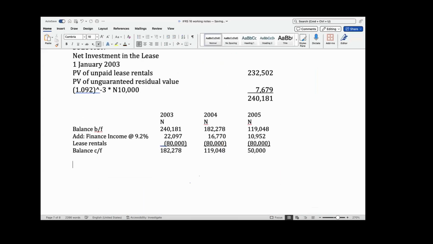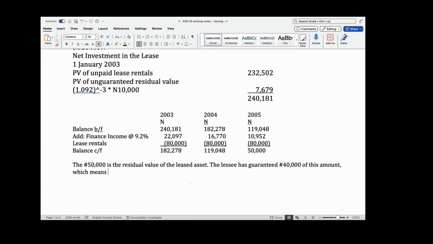Now, see, this 50,000 is the residual value of the leased assets. The lessee has guaranteed 40,000 of this amount,